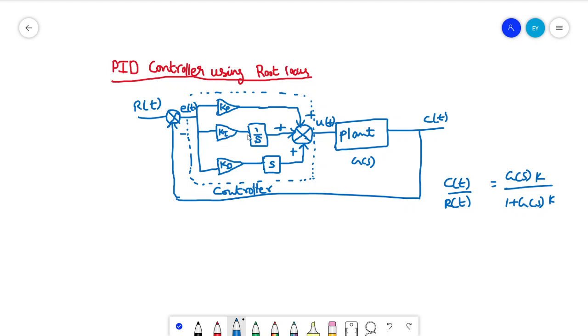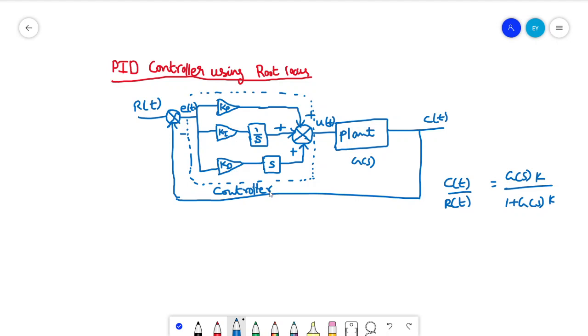We will first check if you have Ki alone, that means Kp and Ki. That will be nothing but a PI controller. Considering Kp and Ki with the integrator, that will be a PI controller. So let us see how the mathematical expression looks if you consider only those two parameters. The controller output is represented in terms of u. So u of t will be the summation of Kp and Ki by s.